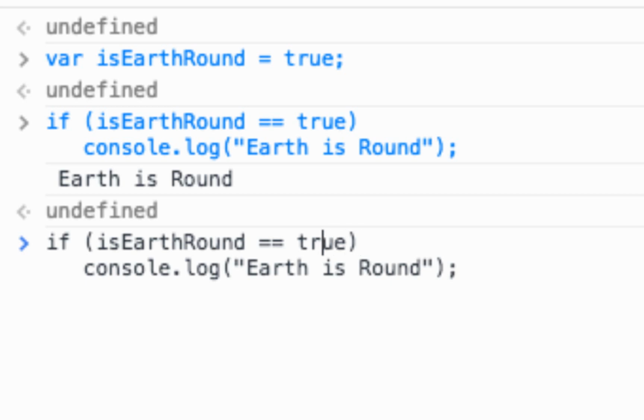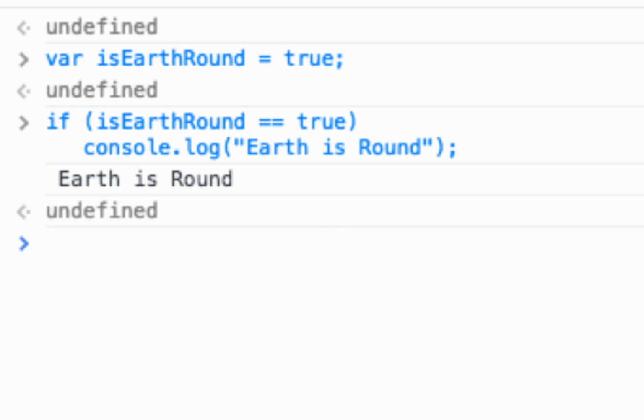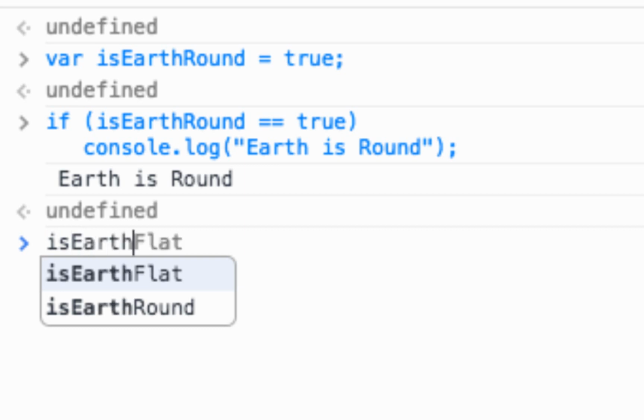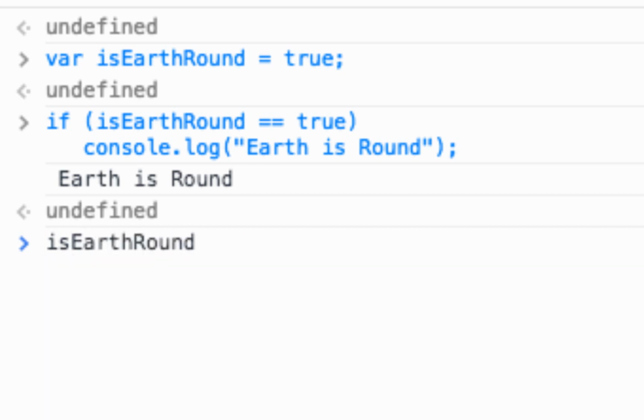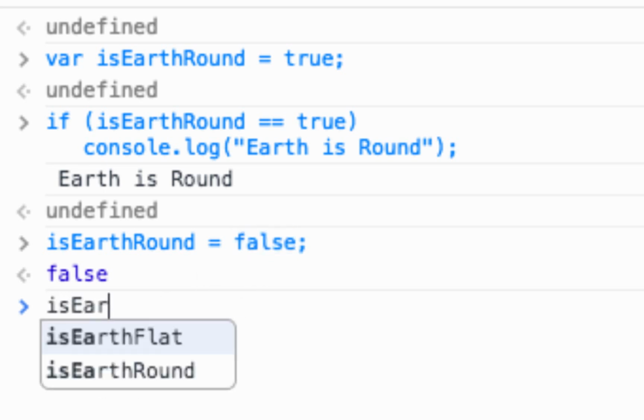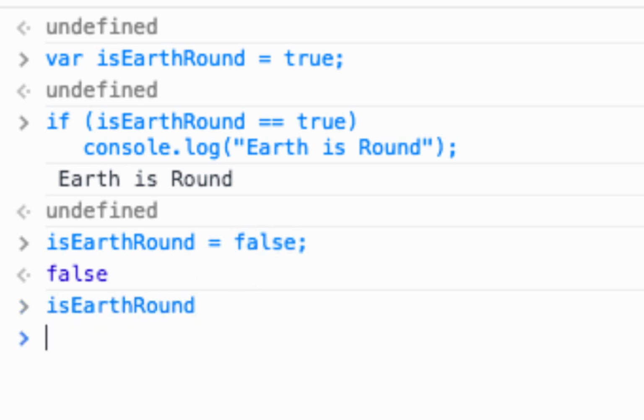Let's say now what I would do is I would say is earth round is equal to false. Don't worry, I'm not changing the fact that the earth is round. I'm just creating this variable with a value of false. So I'm assigning is earth round is equal to false. So the value of is earth round right now is